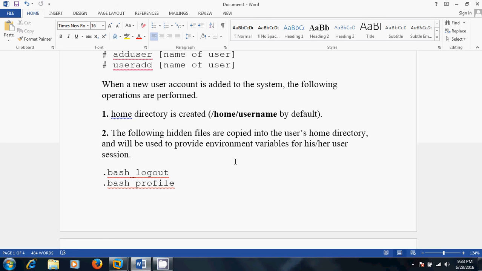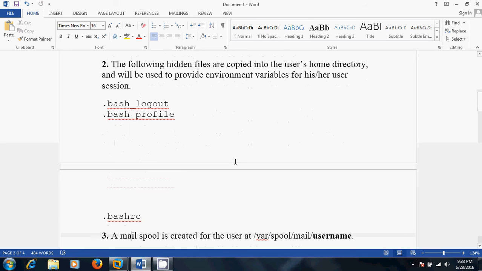Okay friends, so what are the hidden files? First one is .bash_logout, second one is .bash_profile, and the third one is .bashrc. What are these? First one is .bash_logout. It defines any command that should be executed before the user logs out. Second one is .bash_profile. It sets environment variables.